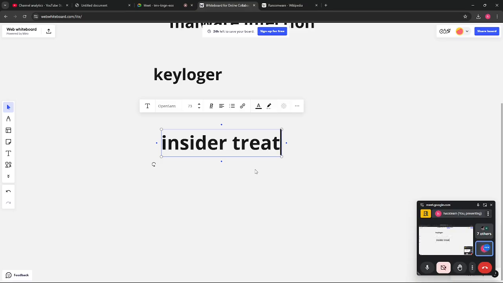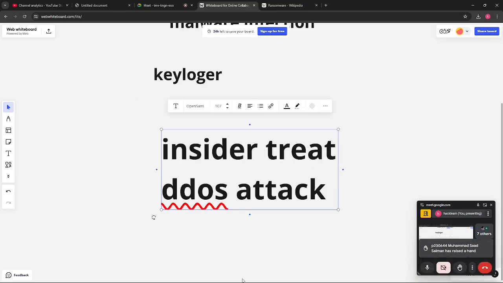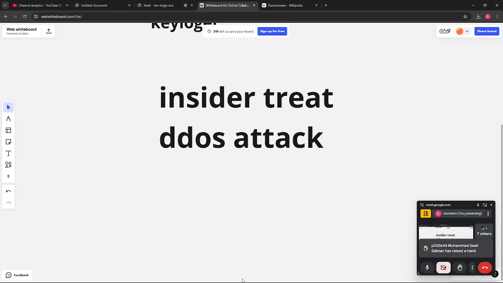And after that, there may be some denial of service attacks also, like distributed denial of service attack, DDoS. In a DDoS attack, does anyone have any idea what a DDoS attack is? Multiple bots or zombies will be attacking a single system.